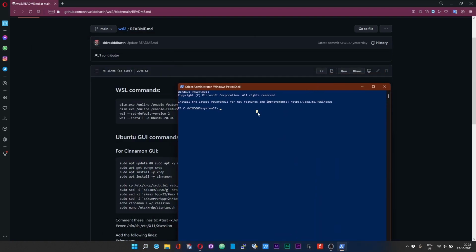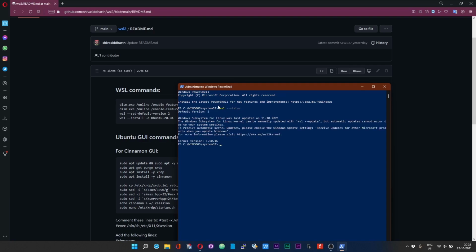And in the PowerShell, type wsl --status. This will give you the version of the WSL on your PC. In case you don't have version 2 over here, you need to enable or set the WSL to version 2.